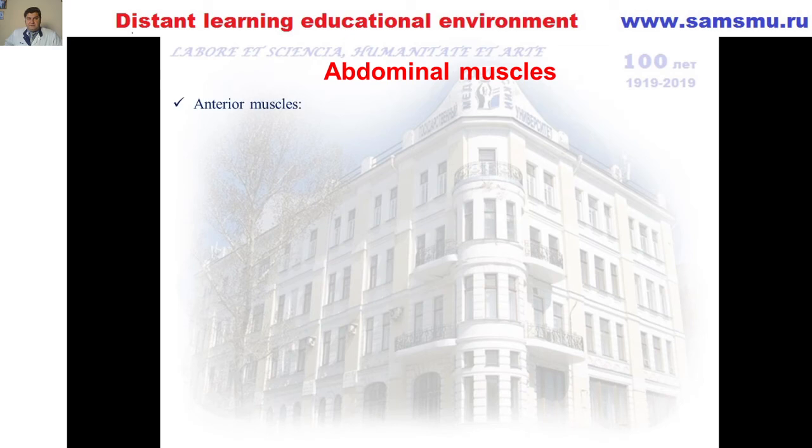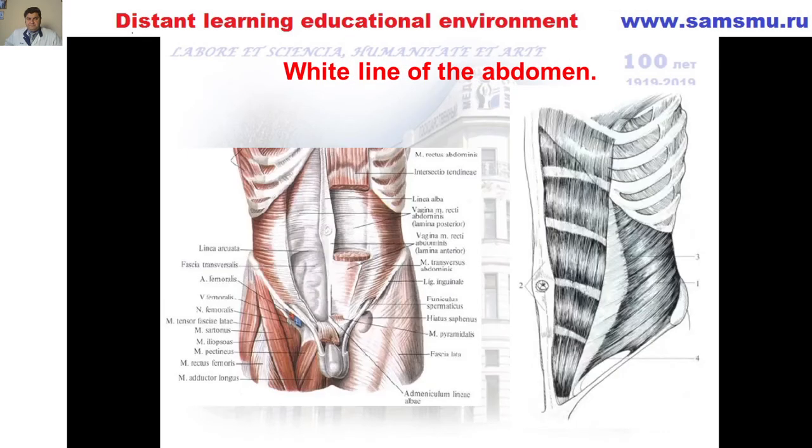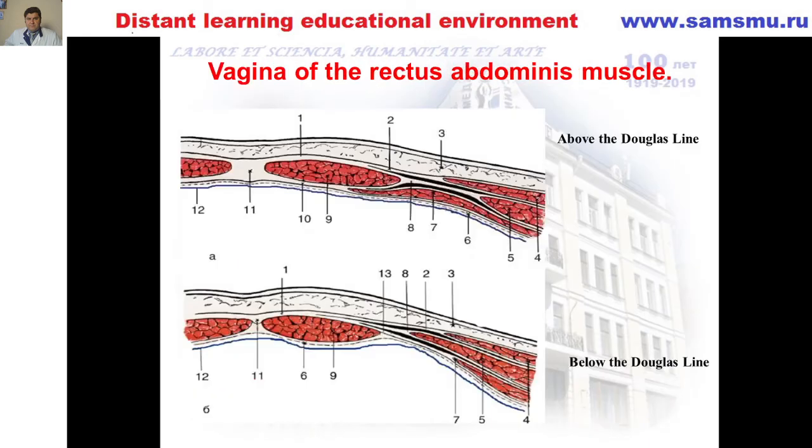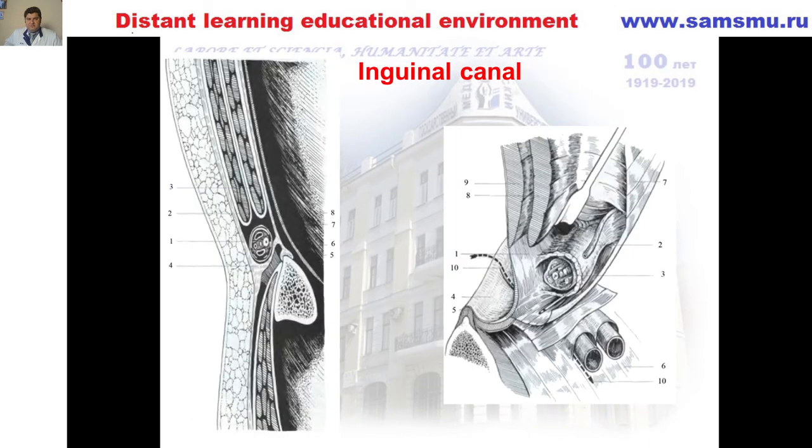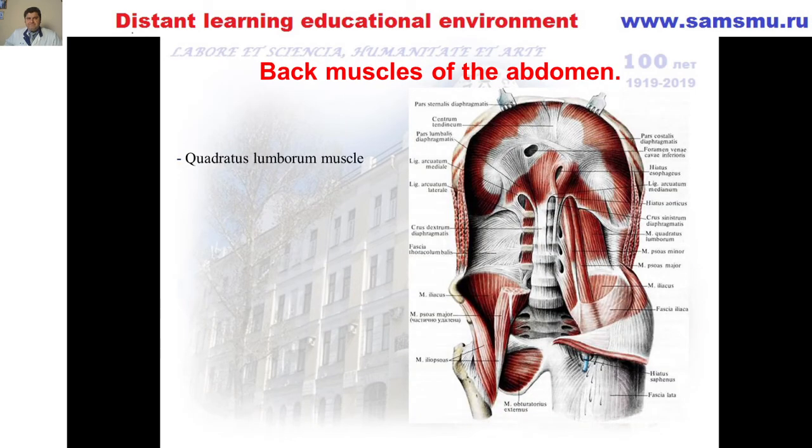The posterior muscles. The quadrate muscle of the loins, musculus quadratus lumborum, is quadrangular, as you may see in this picture, a muscular plate